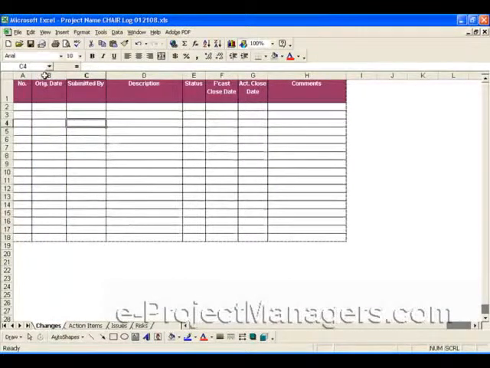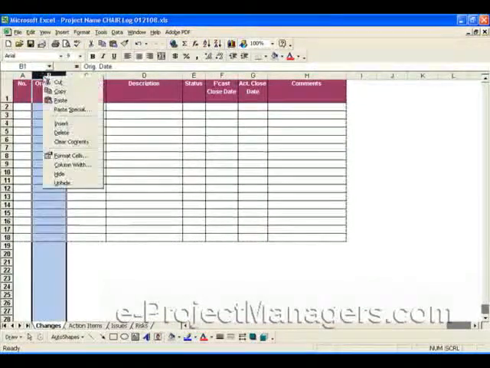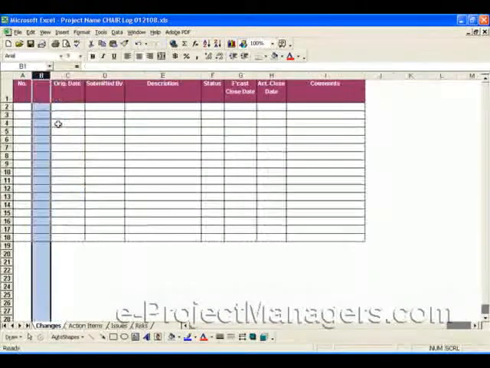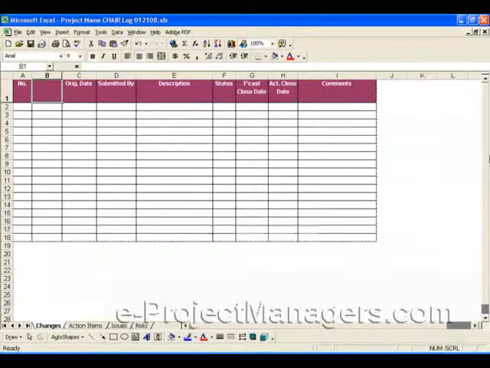So what I recommend you do is insert a column. If you select the column letter, it'll highlight the whole column. If you right click, you can then select insert from the pop-up menu, and then you have a new column. At this point you can put in a title for the column that would help you distinguish between your team members. In this case I'm just going to say business / technical,